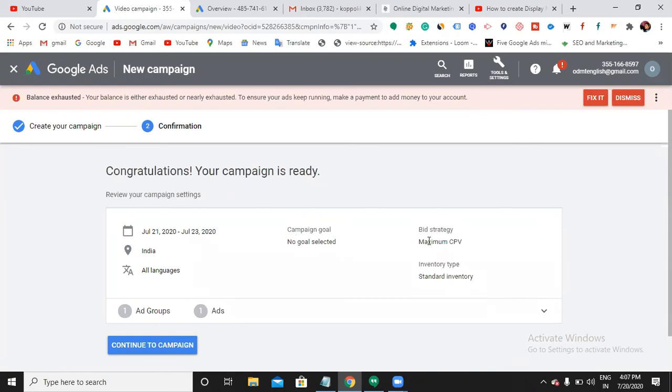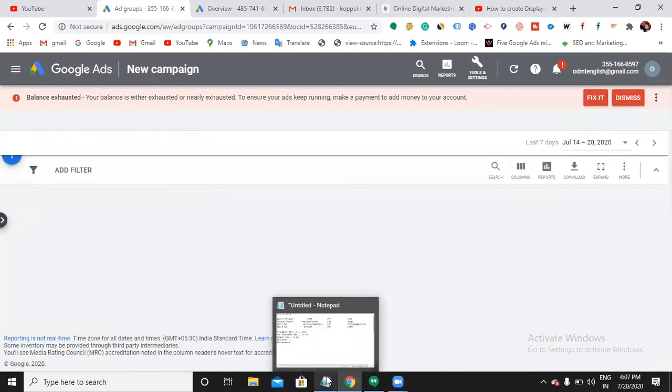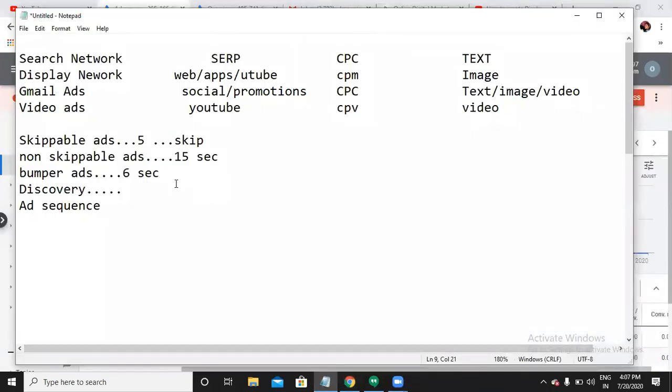You need to get ready with the YouTube video first of all. If you create the video also, now you don't have the option of uploading the video from your desktop. It has to be hosted in a YouTube channel. Then only you can select it. So this is how you create video ads. Now you know where your ad appears exactly and what different formats are useful for your business. Now let us see how to create mobile app ads.